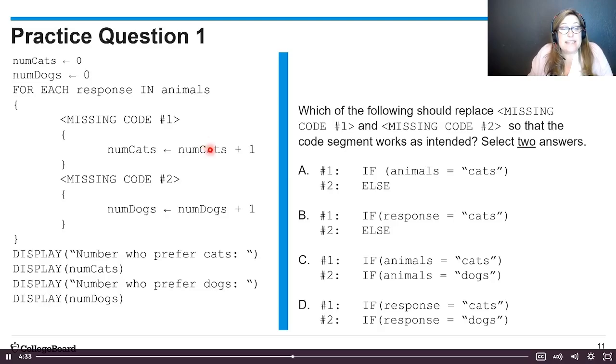And if it is, cats is updated. Else, since dogs was their only other option, dogs will be updated. So B does work. When I look at C, if animals equals cats and if animals equals dogs, again, I